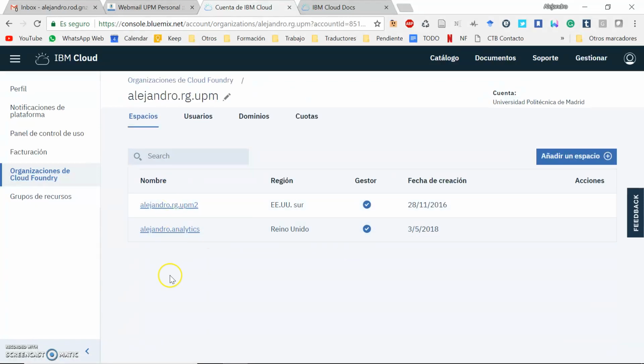Okay, I have 2 spaces. It's important that you need at least 1 space to work with that, as far as I have investigated. So if you don't have any of these spaces, I recommend you add 1 and choose the region that best fits your location. Okay, so I will come back again to this